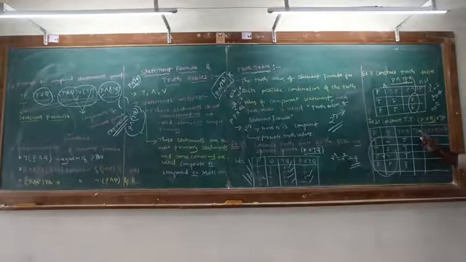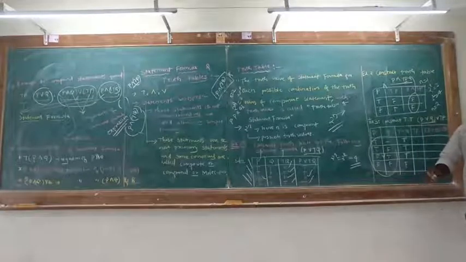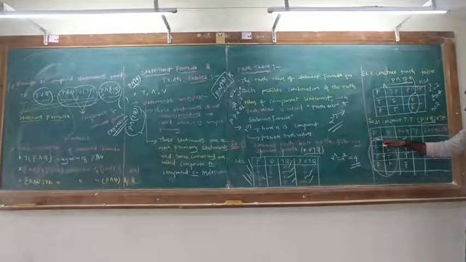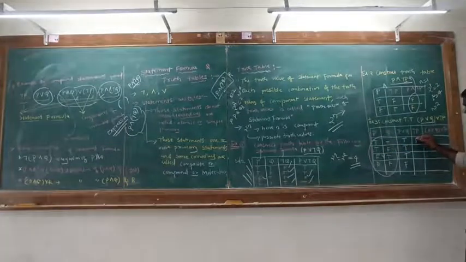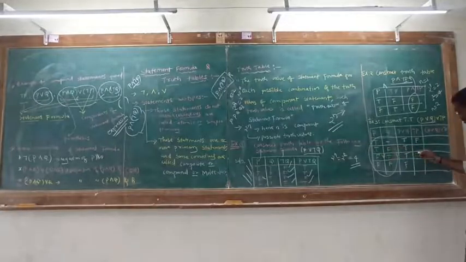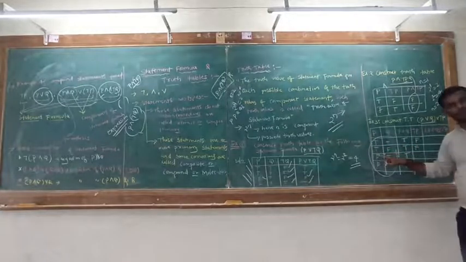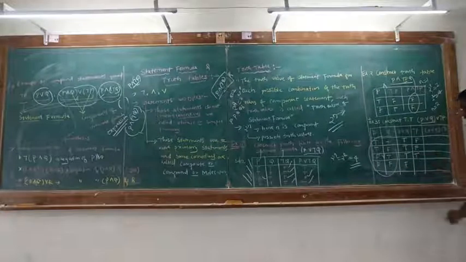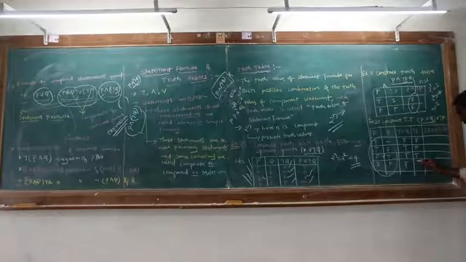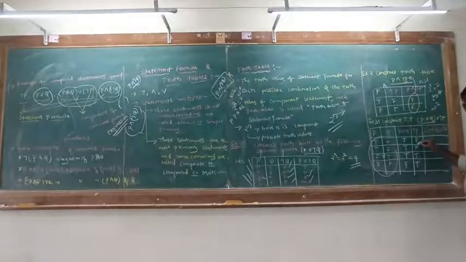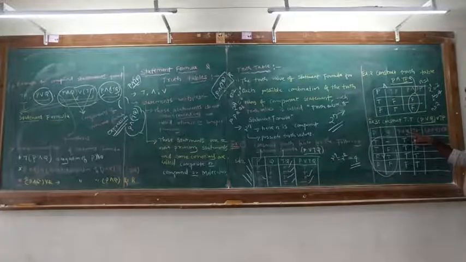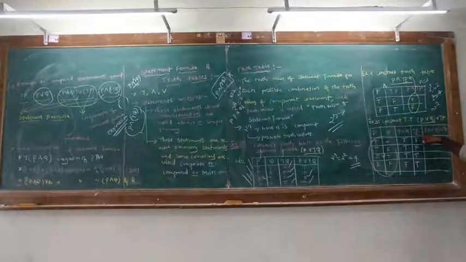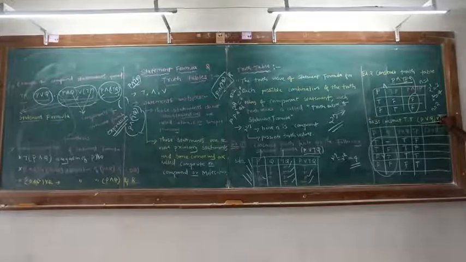Okay. So negation P, what will we do? Negation of this P. Negation of true is false. Negation of true is false. Negation of false is true. Okay. Negation of false is true. Okay. So this is the negation P. Okay. Now next we have to do: we have the P disjunction Q and also we have the negation P. So what is the whole statement formula?